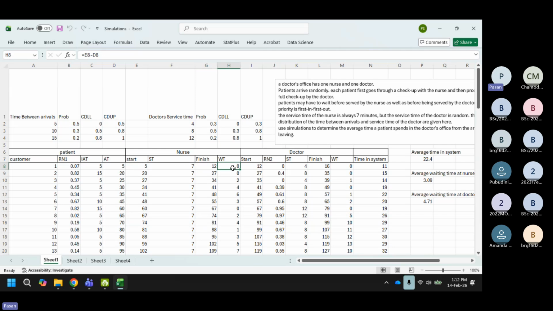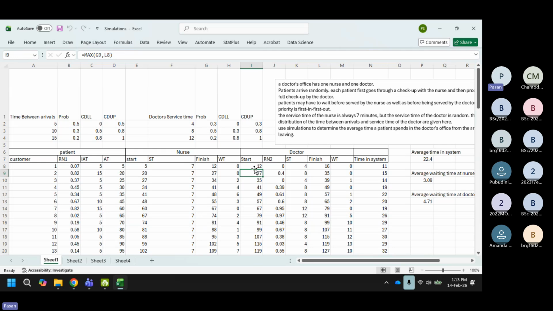And then we can decide the waiting. If there is a waiting at the nurse, that we can identify by taking the difference between the start and the finish. So we take the differences like that, right? And then for the doctor's starting time, we can identify that, basically, the finish time at the nurse, and then